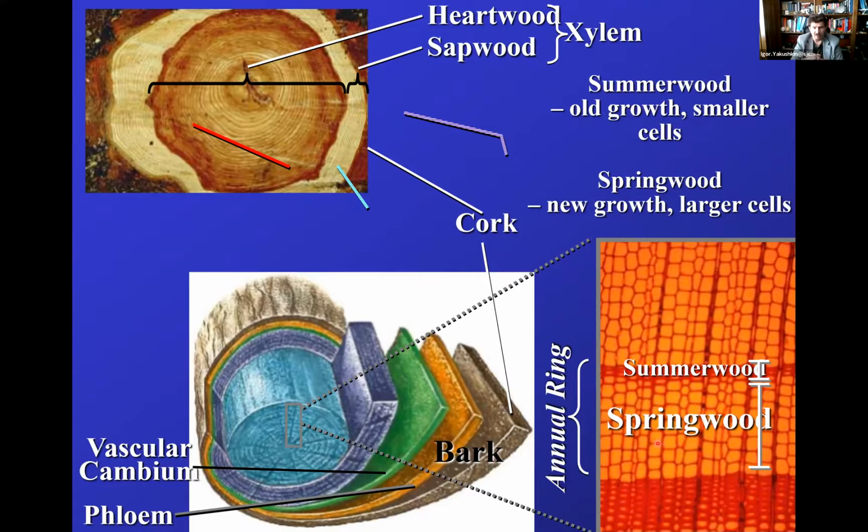Typically it's after the winter, which was a very slow season, and we're talking about the cold winter, not like the winter we have here in the Houston area. When pretty much nothing is happening during the winter time because it's too cold, and then the spring comes, the warmer time, the exchange of the materials, the cells start dividing really fast. So we'll end up with a very wide